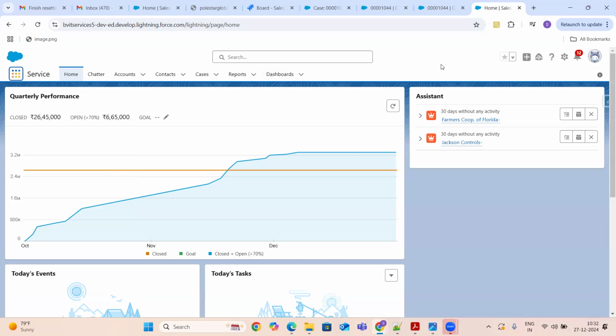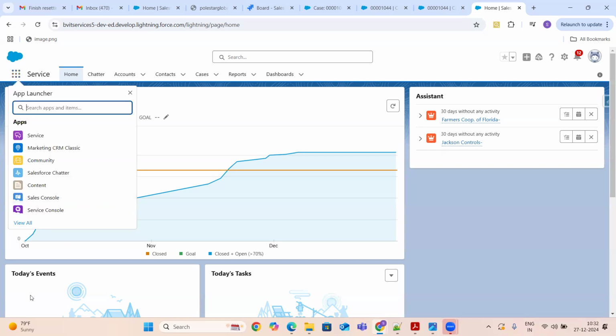But in case we want to create a new application: whenever they say go through this application, you will come to the app launcher and open the application. From the app launcher, obviously you will find the application name they are telling us.